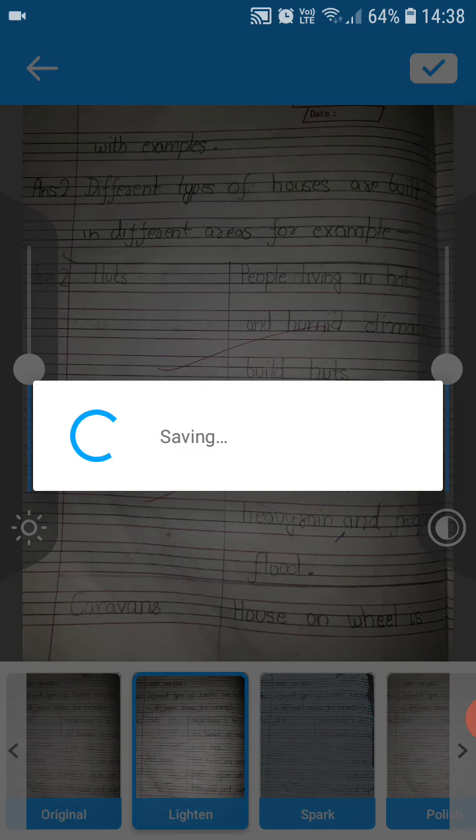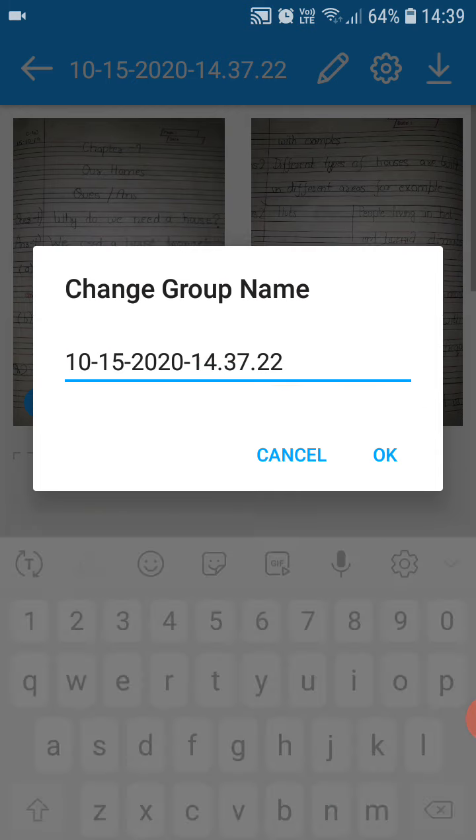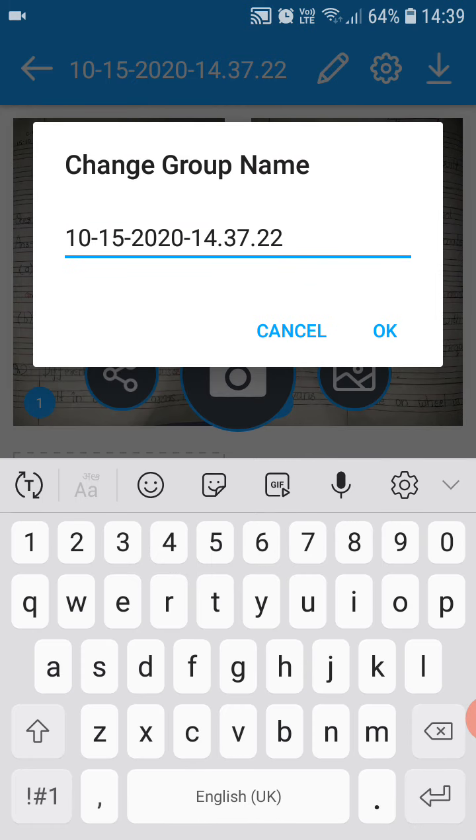The PDF file is automatically converted. Okay, so I have clicked two photographs. So I stop here, and I'm clicking on this pencil option. You can see here at the top there is a pencil option. 10/15/2020 it is showing. So today is 15 October and I'm just changing its name.